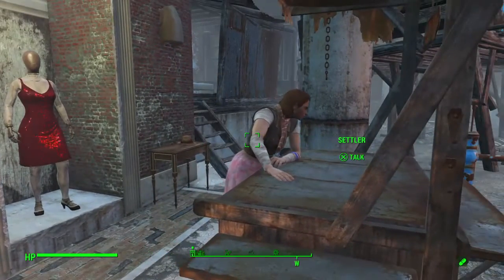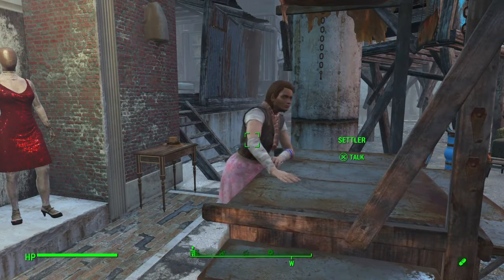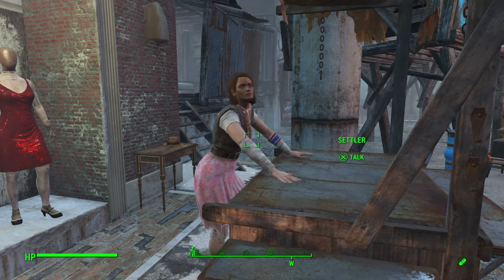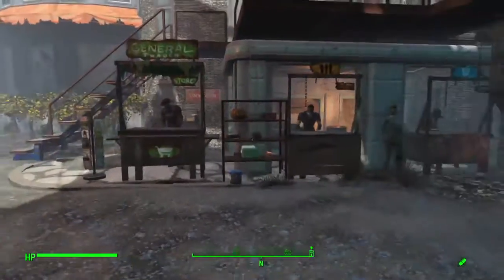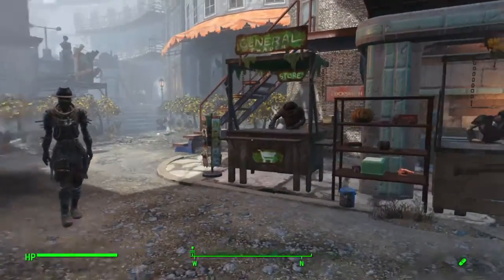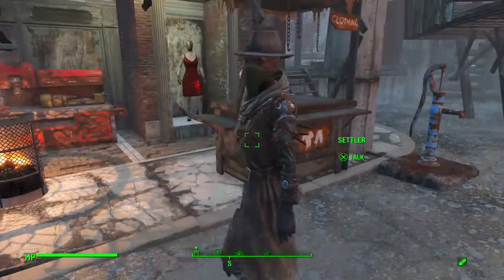In a lot of my settlements, the clothing sellers wear these outfits. That's just an easy way for me to tell what jobs my settlers have without having to go into workshop mode and ask what they're assigned to. I don't always strictly stick with the dress codes, but usually my farmers will have, like, she's got